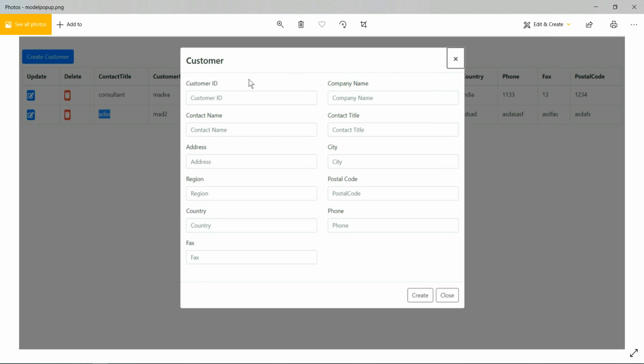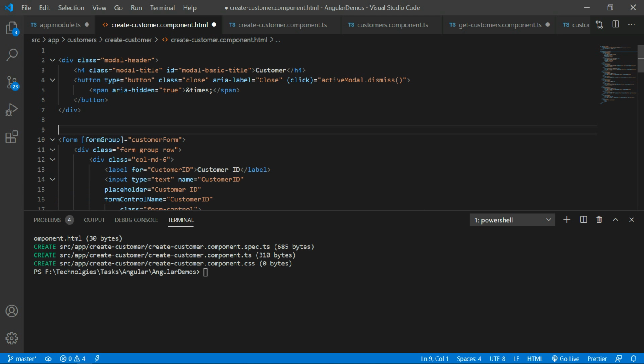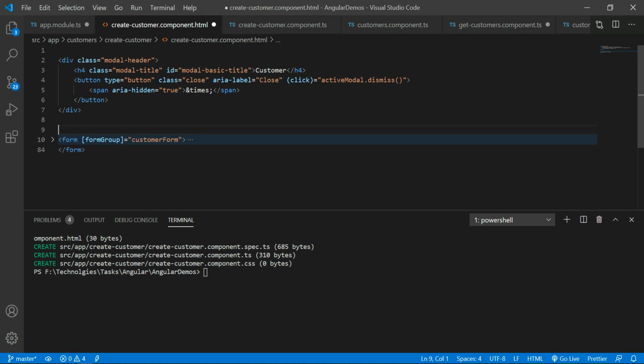This is the entire body. The same way we have to declare it in the HTML file also. I wanted to make this entire form the body of the modal pop-up. So for that, add modal-body as a class.